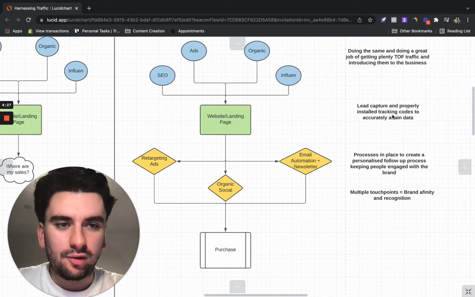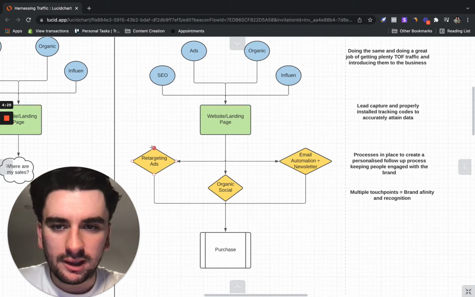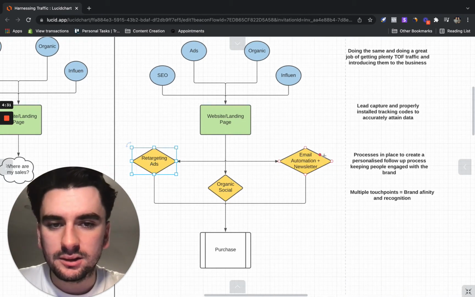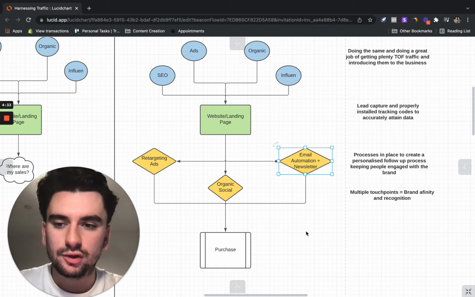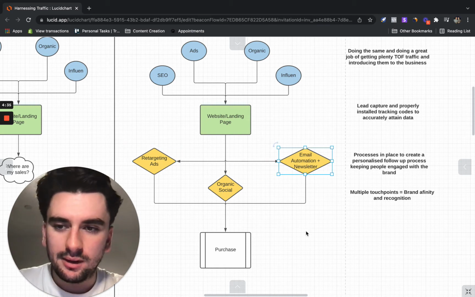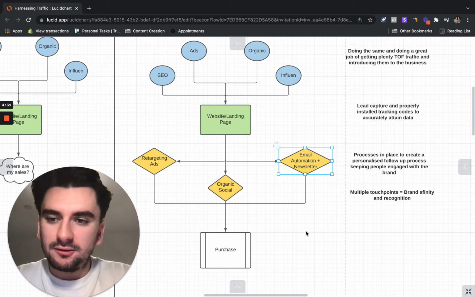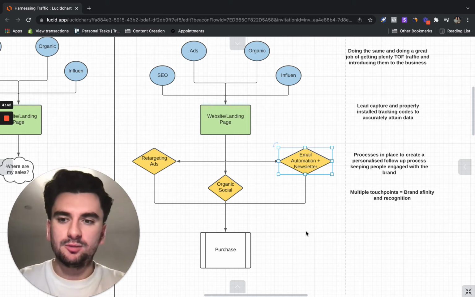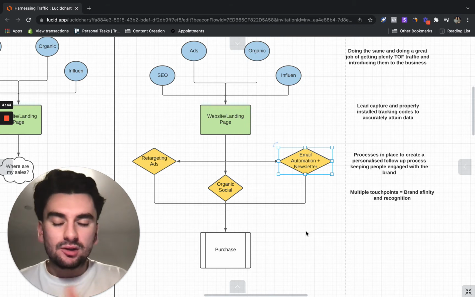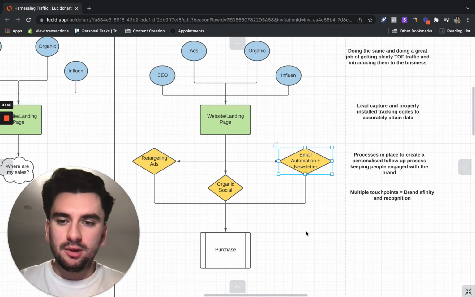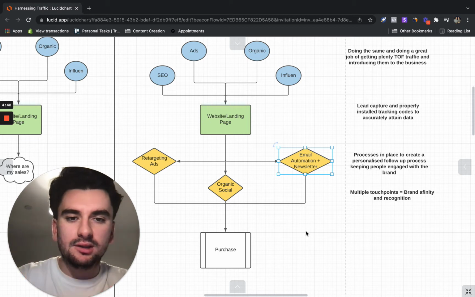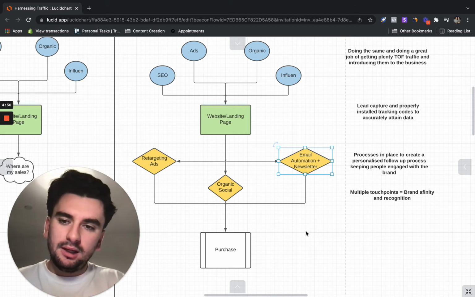So if your lead capture and your tracking is set up correctly, you should then be able to run retargeting ads. You should then be able to run your email automations, your welcome flows, your newsletters on a weekly basis. Your welcome flow should be a 5 to 7 part sequence that takes people, introduces them to the idea, and doesn't even try to sell them for the first 2 to 3 emails. It gives them a discount code that maybe is the incentive to sign up in the first place, but introduces the ideas,